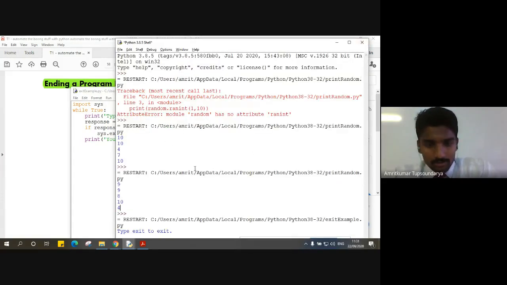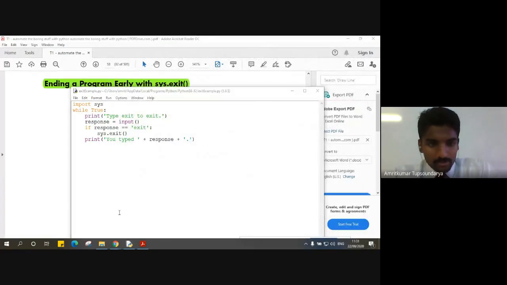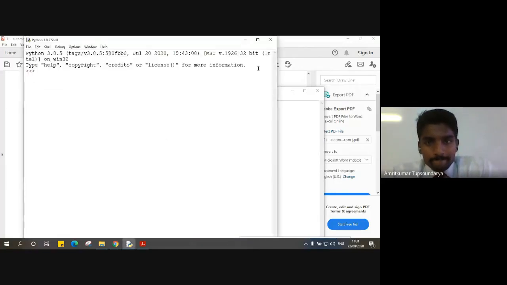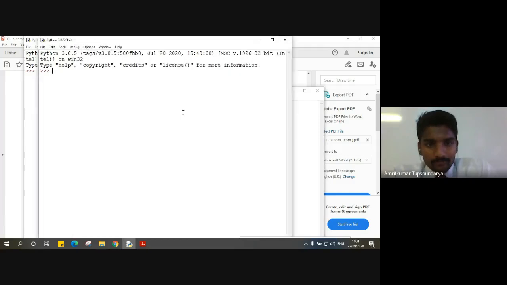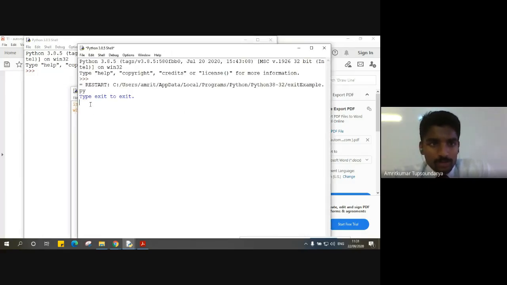So let me close this and have a fresh execution. You can run your program from here also, Run Module, F5. Okay, so as you can see, it prompted me with a message: type exit to exit.